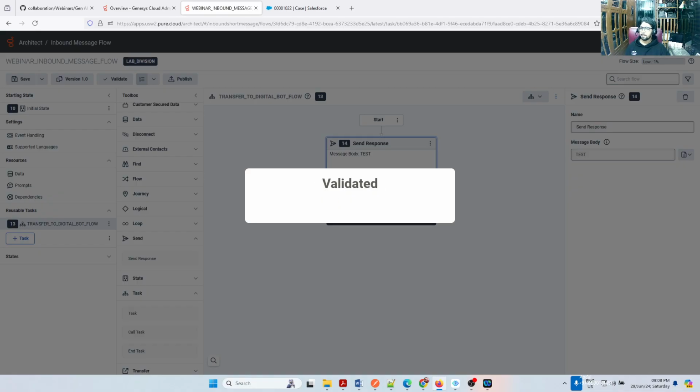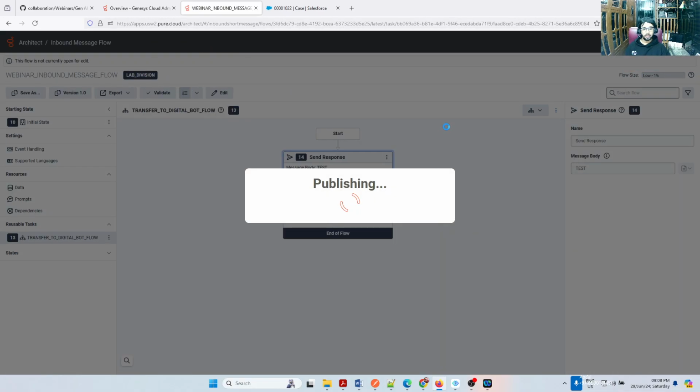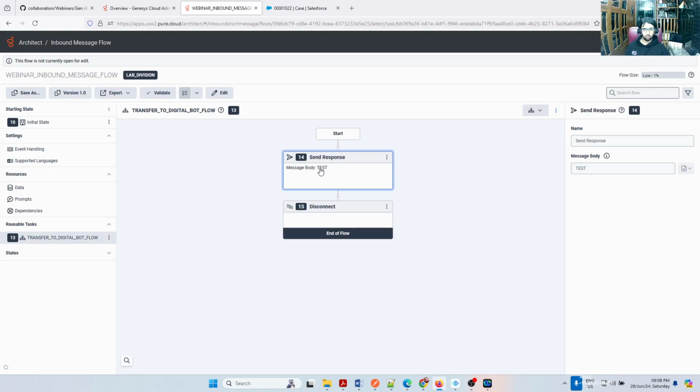AJ, in between, a quick question. Yes. Can't we collect an input from the message flow, not from the bot flow? We can. We can collect from here. We can collect from the bot. It's all your logic, the way you design it. I prepared for the webinar in this flow so that I'm comfortable.